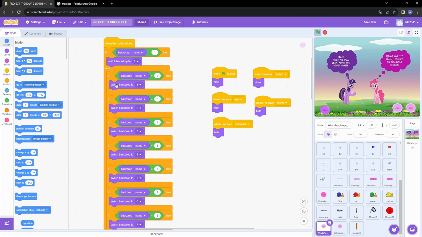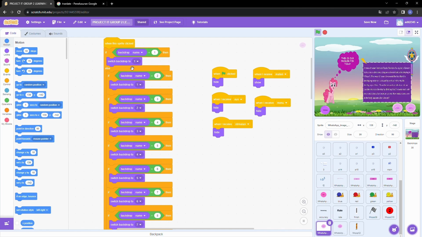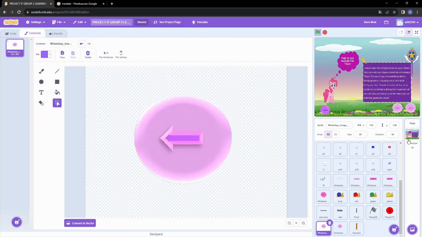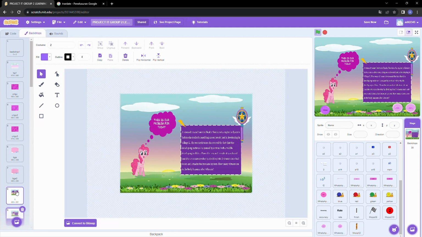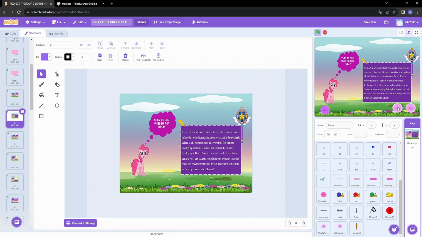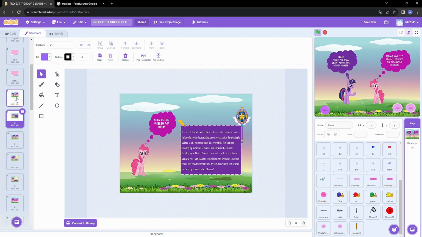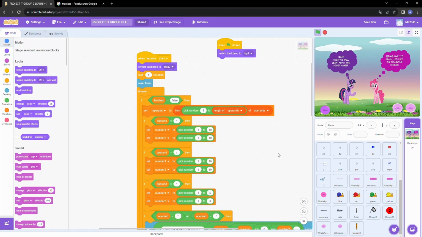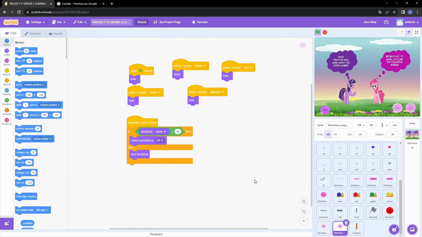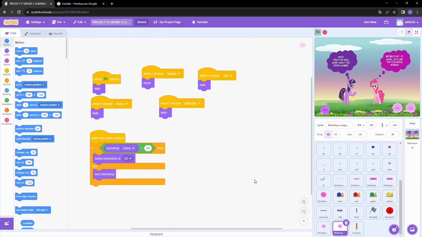And if it is on backdrop number 2 and you click backward, it will change the backdrop to number 1, so it becomes 1 again. Move backdrop backward. You can see that we are on backdrop number 2, and when we click the backward arrow, it will move to backdrop number 1. And for the forward arrow,